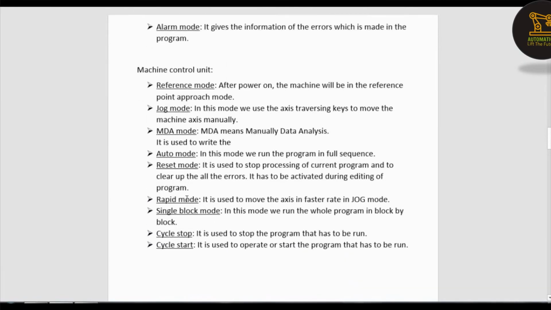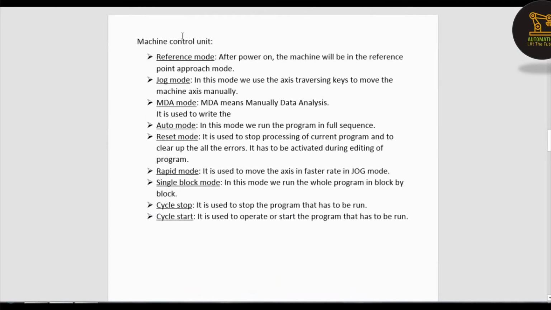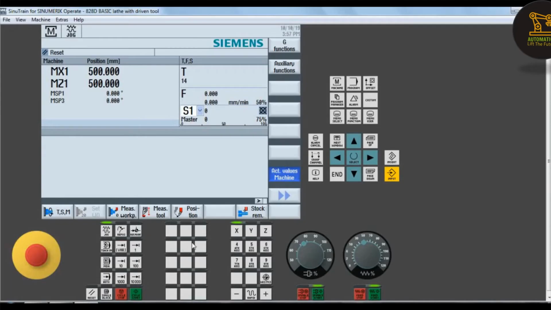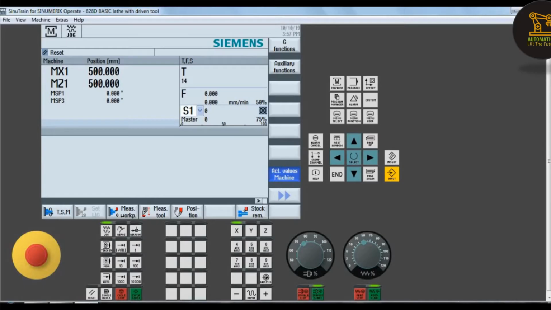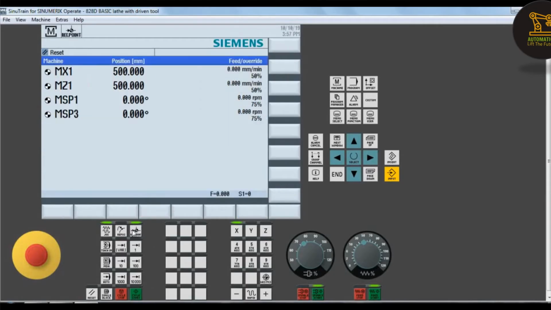Now let us discuss the machine control unit. This is the machine control unit. First, reference mode. The primary thing that we have to do is make the machine reference.